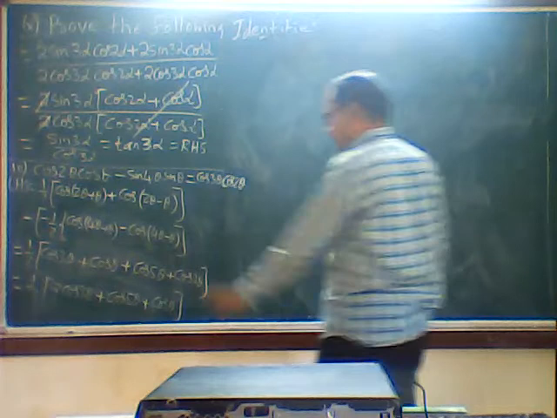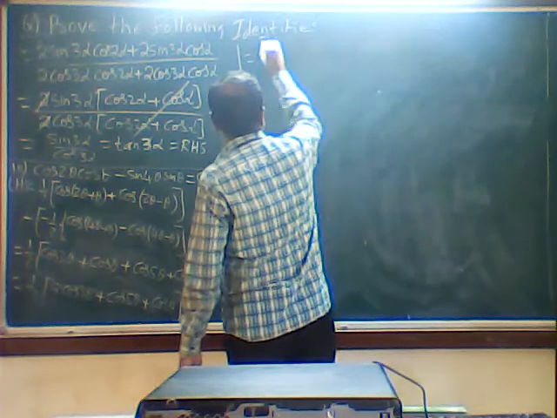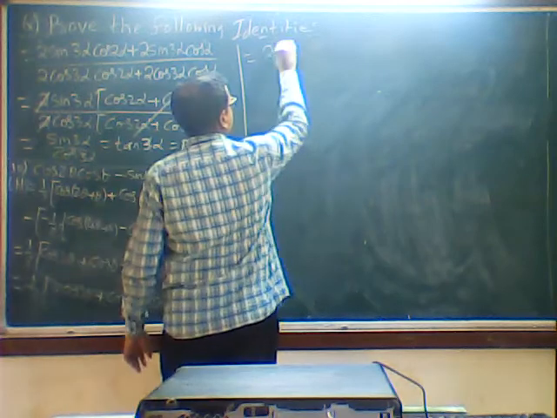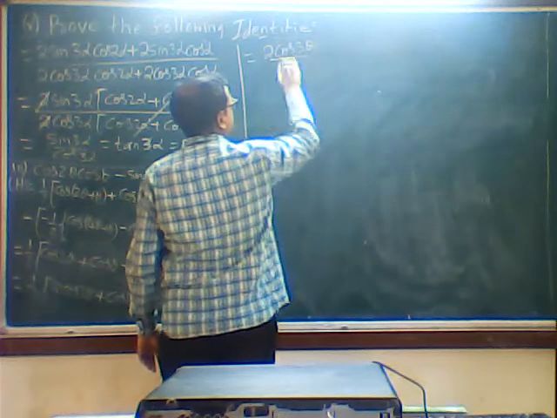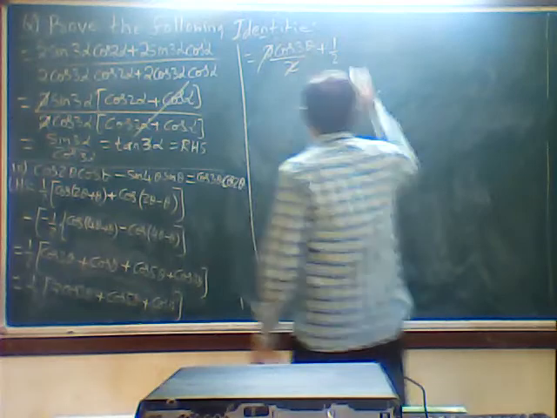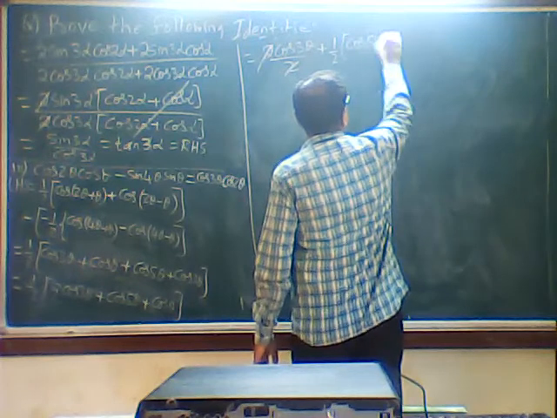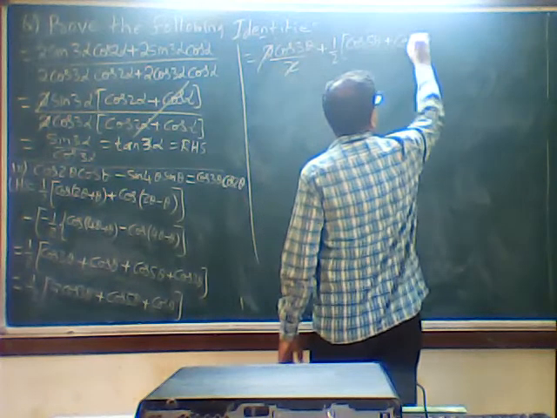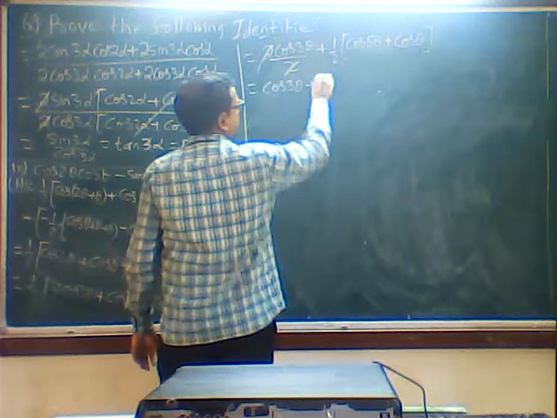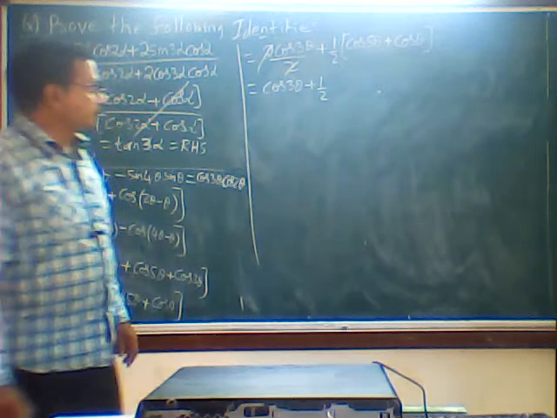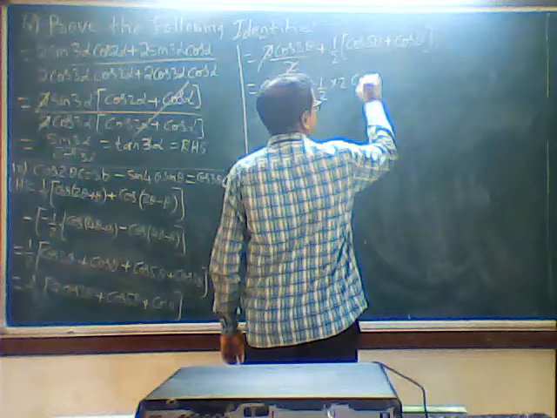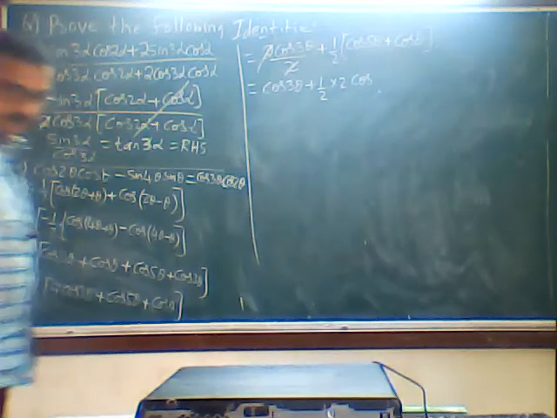Okay, now what I will do, I'll keep this. This half I will multiply, 2 cos 3 theta by 2. This 2 cancels. Plus half, I will make this as C and this as D. Again I will apply the formula. You will see what it will do. So this is cos 3 theta plus half. Okay? Now cos C plus cos D is what? It will be 2 times cos of C plus D by 2. What is cos C plus cos D?